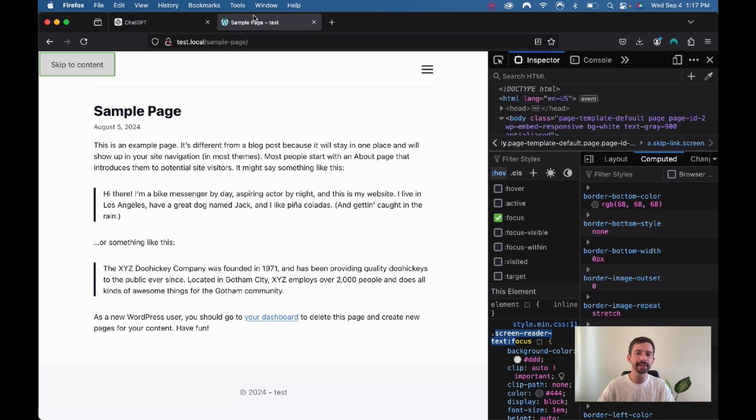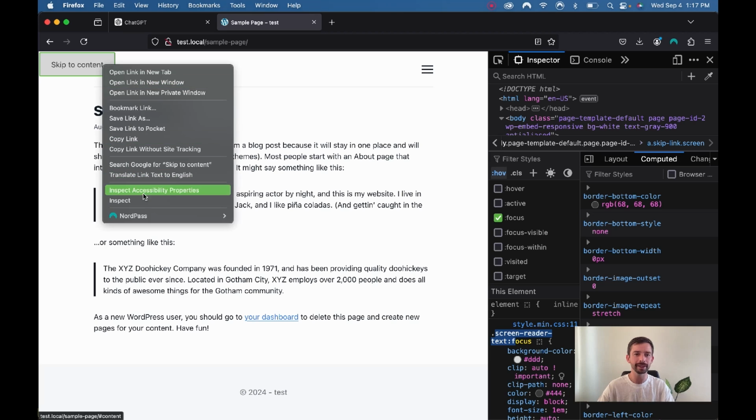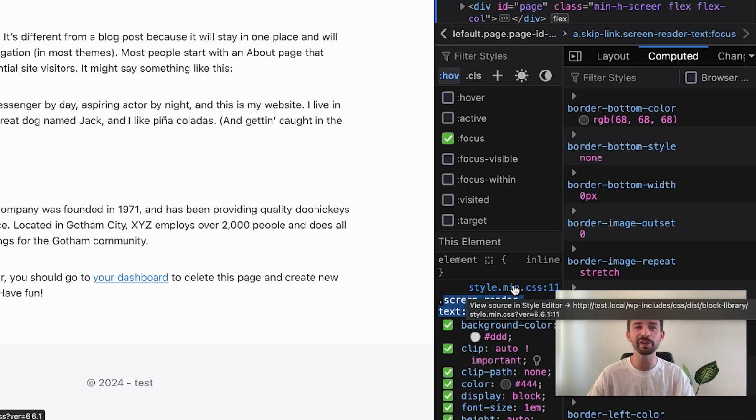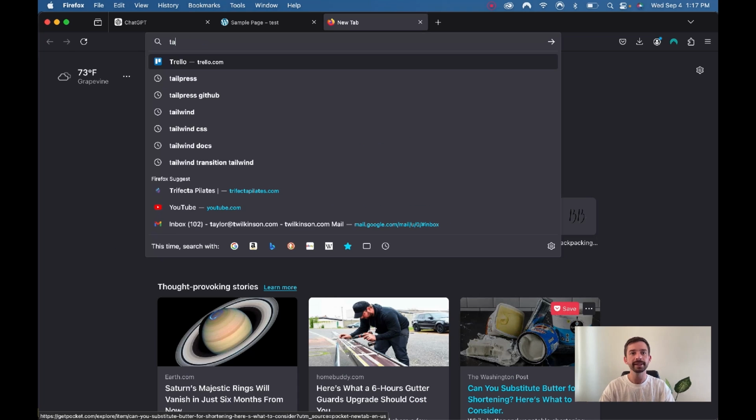And if I do a little bit more inspecting here, I can actually hover over the file that it comes from, and we can see that this comes from WordPress core. So this is a WordPress class, but Tailwind,